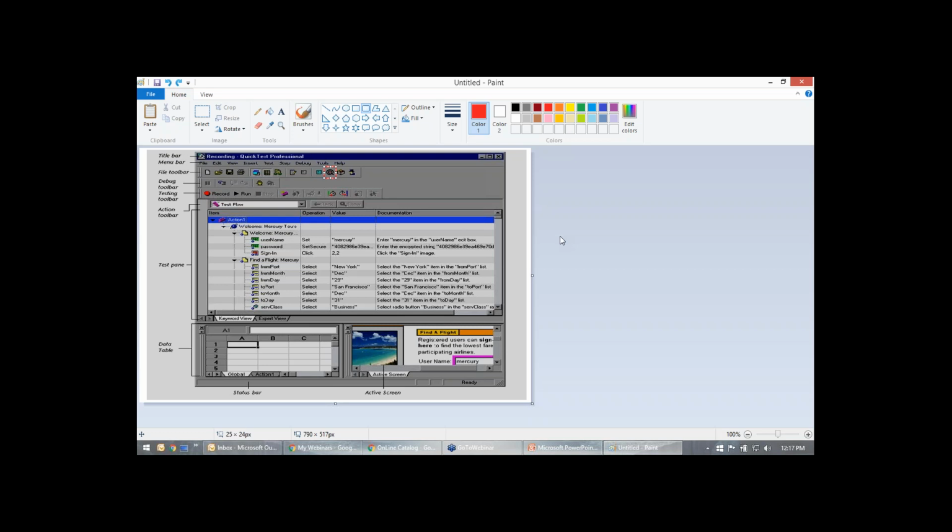But at the end of the day, we are the ones who should be testing the automation script. So what they do is put it in QC, where you have QC or ALM or whatever. They have their options where you can upload the scripts and store them in a particular location or folder, any folder.